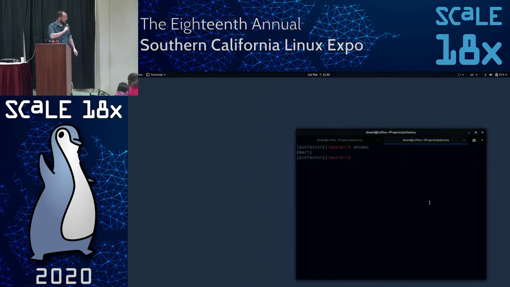All right, I am in the Pin Factory project, and what I'm going to do right now is run a shell script that's going to launch the project. This application is a very simple futures market that is directly tied to the status of a bug in a bug database.